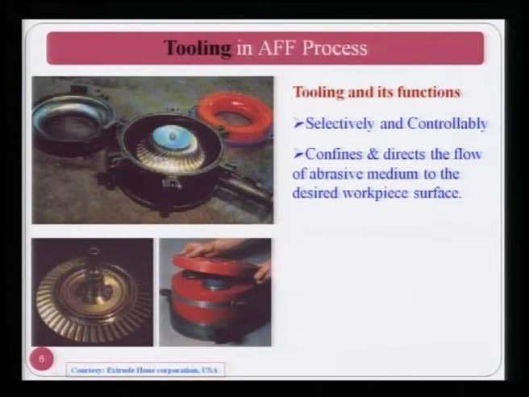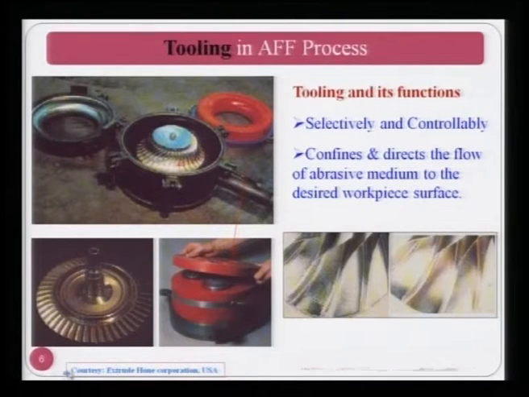here is the component which is to be finished. There are so many blades of the component which are to be finished simultaneously, and you can see this is being held by the container, and these are the things which are to be kept up, and this is the top one. As you can see in this particular figure how the tooling is arranged. This is another component which can be finished by this kind of arrangement, and you can see this is the medium which is coming out from the tooling after finishing or completing half cycle, then it will go again, then complete the full cycle.